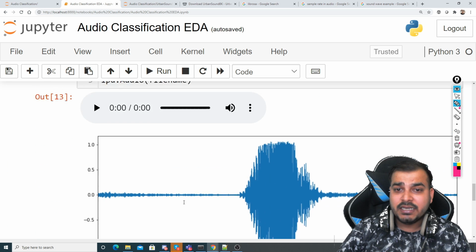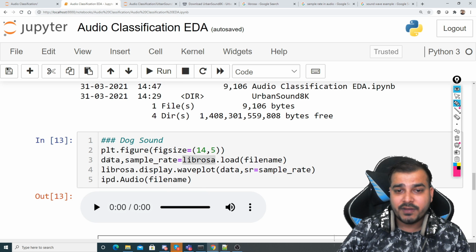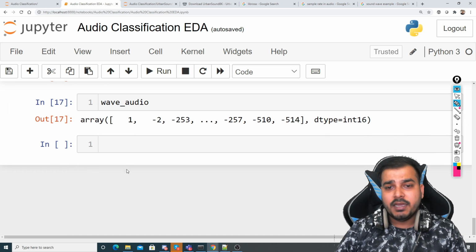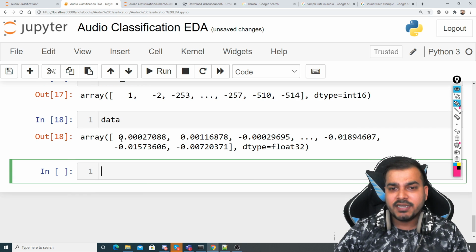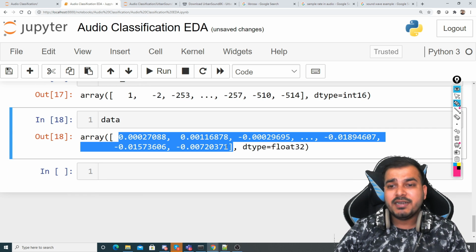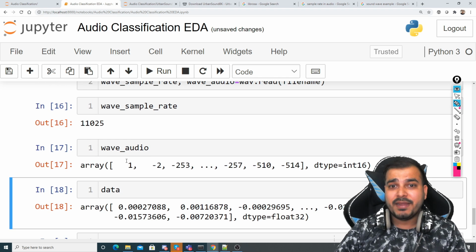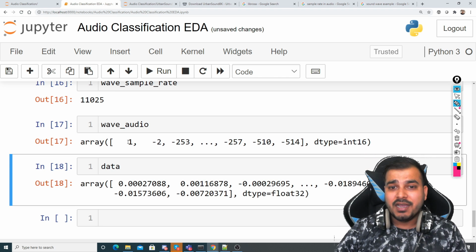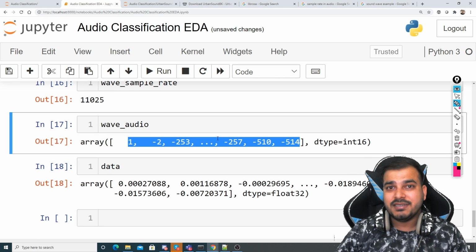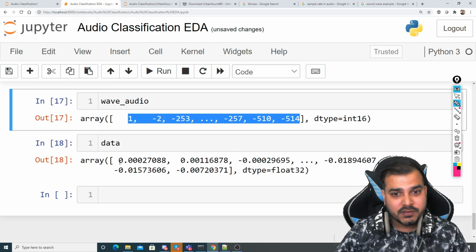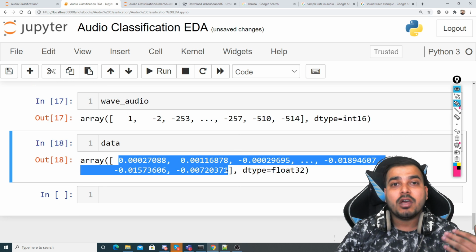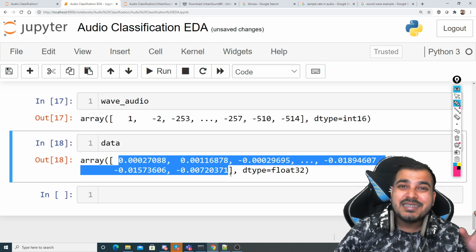Now if I see this data in librosa, here you'll be able to see that I'm also getting some values. One important thing about these values, guys: with respect to SciPy, this wave signal values is not getting normalized, whereas if I use librosa, this is definitely getting normalized between -1 and +1. This is the major advantage.